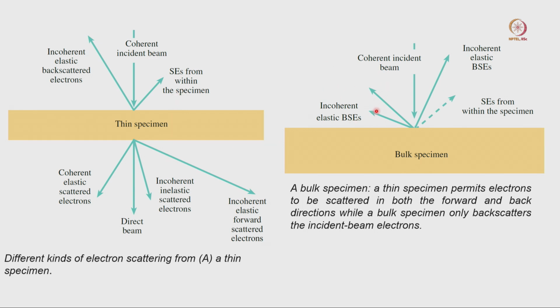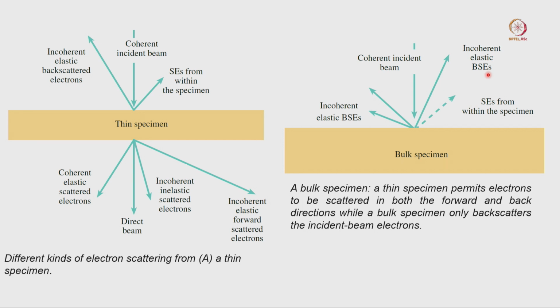Second, as I discussed previously, the backscattered electron and the secondary electrons are very important for the scanning electron microscope. That is the reason that for the scanning electron microscope, if the sample thickness is high, it does not matter; we can get some kind of backscattered electron beam or secondary electron beam to image the surface. Here you can see the incident electron beam is coming and reflecting back from the surface, and that is basically what we are recording when we are doing scanning electron microscopy.